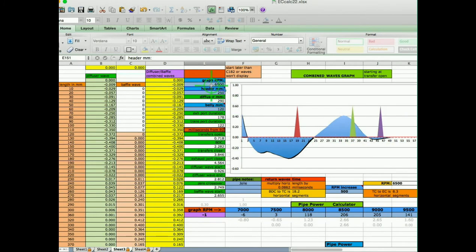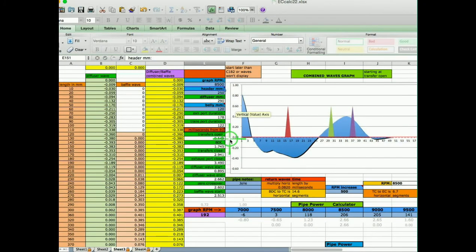So this would be right almost in the middle of the power band. You've got nice blocking pressure at exhaust closing, and you've got almost a full intake cycle here. And what happens is you